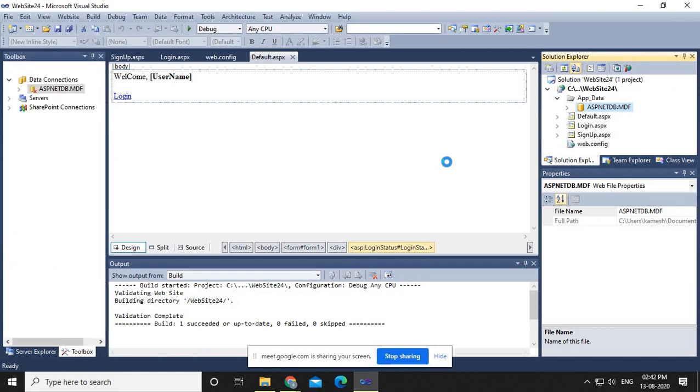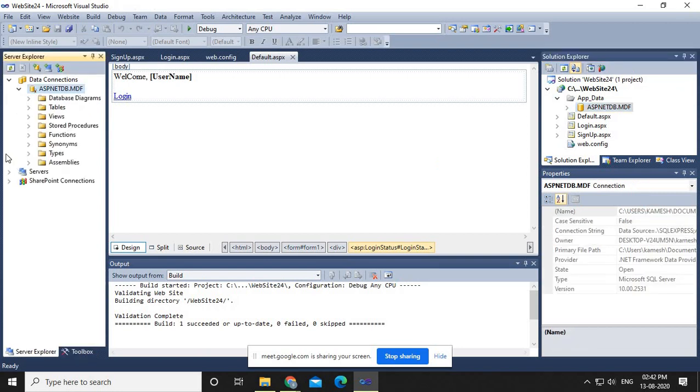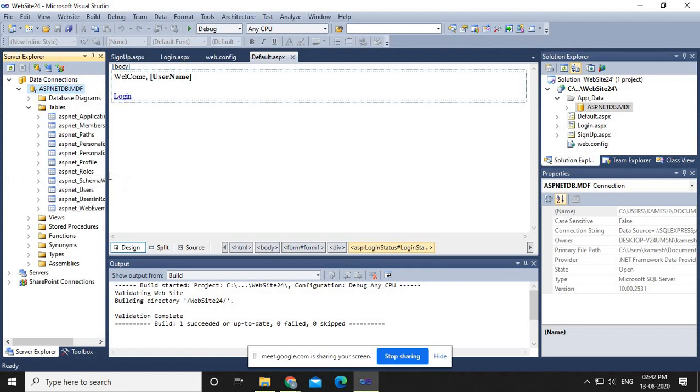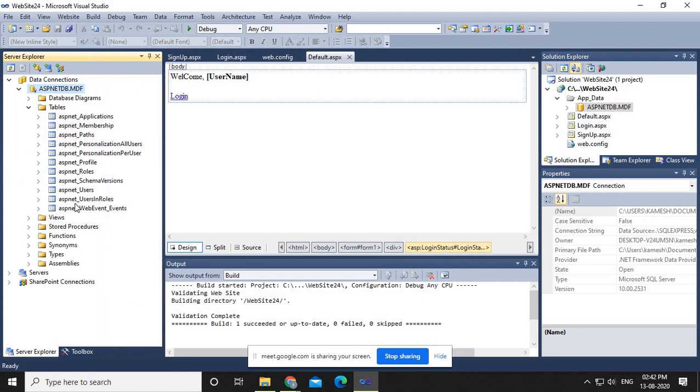If you double click on that, the database will open in the Server Explorer. So here you have the Server Explorer, and in the Server Explorer ASP.NET has created this many tables, because the ASP.NET programmers have already written code so that a normalized database will be generated to manage the users. Fine. Now, sir, where are our users?